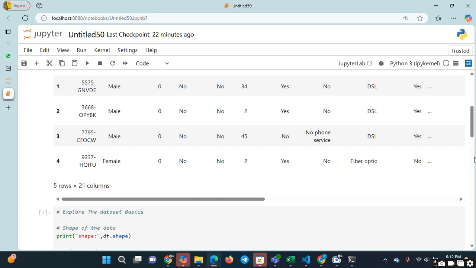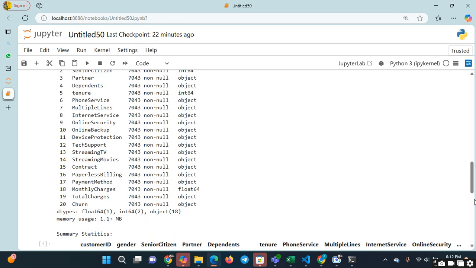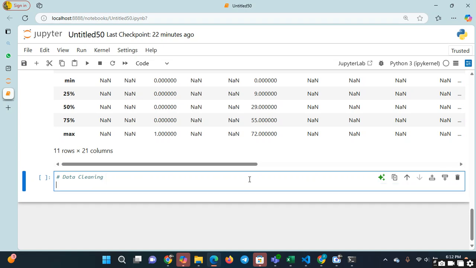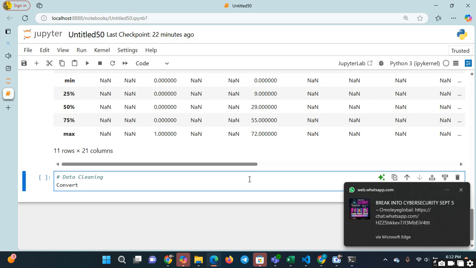Alright. So here for that we have done with it. Then the next one we are going to do data cleaning. So if you want to do data cleaning now, you have to go about that. So we want to convert, let's say we want to con-